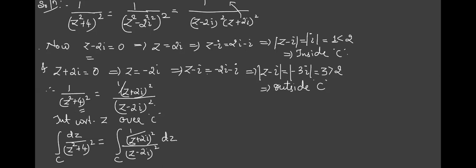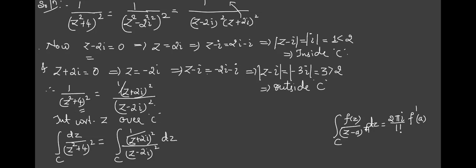This is in the form integration of f of z upon z minus a raised to 2. What is the value of this? If the power is more than 1, we have to apply the generalized formula, no? What is the value? 2 pi i upon n factorial, my n is 1, into f dash of a. Am I right with this?